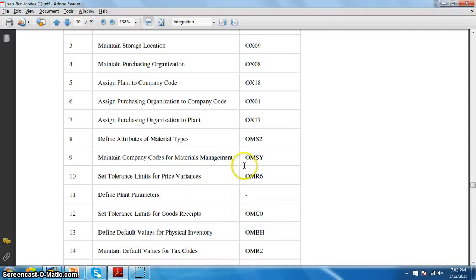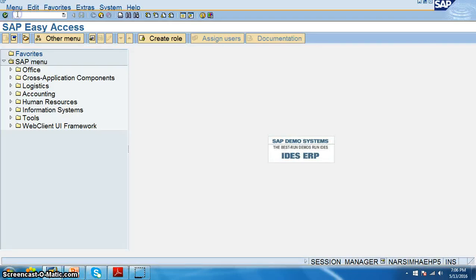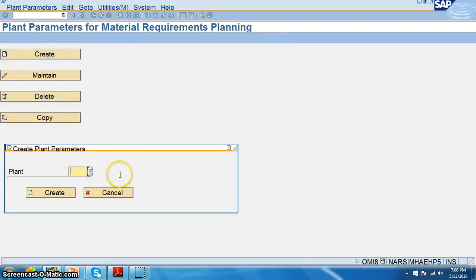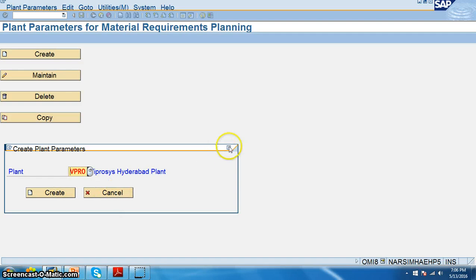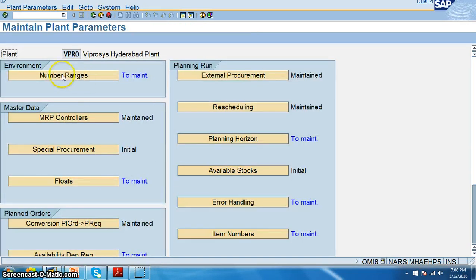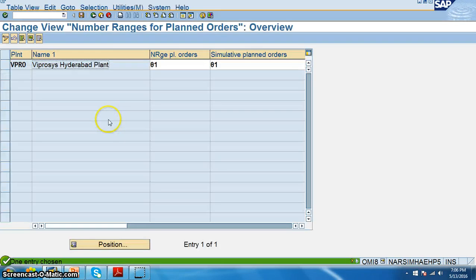In this we have to go ahead with defining plant parameters. For defining plant parameters, the transaction code is OMI8. So we'll go for OMI8. This is for plant parameters. We can create for VPRO, but it already exists, so we just want to change this. Maintain VPRO, maintain. The number ranges for planned orders have already been maintained. So for reservations we have